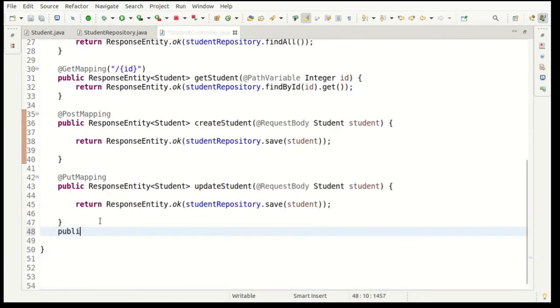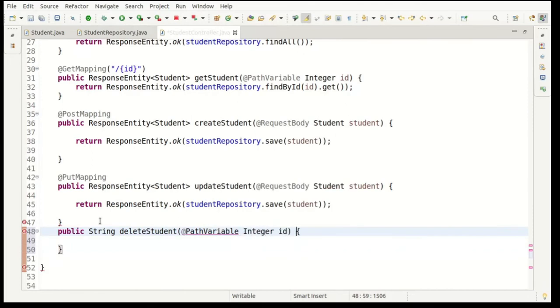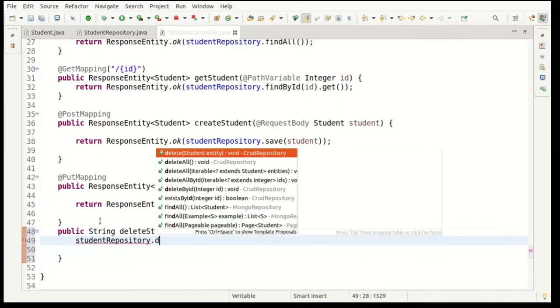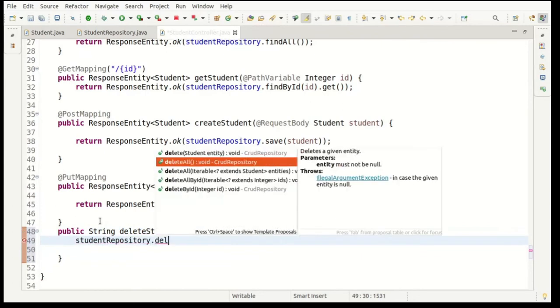Now let's write delete. In delete we can return one string message here, because the delete function will not return anything, it's a void. So we can prepare one standard response. For now just write here path variable integer id and student repository dot delete by id.